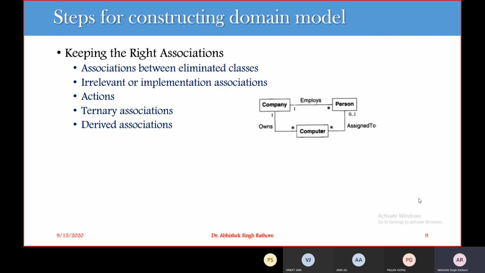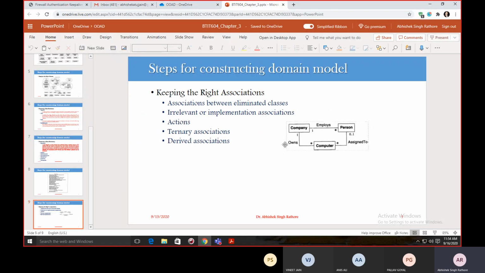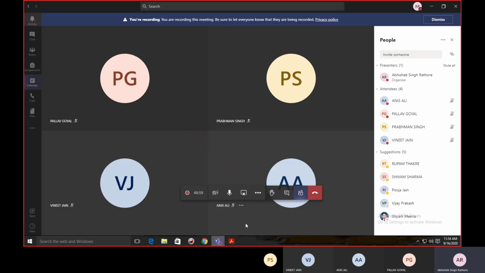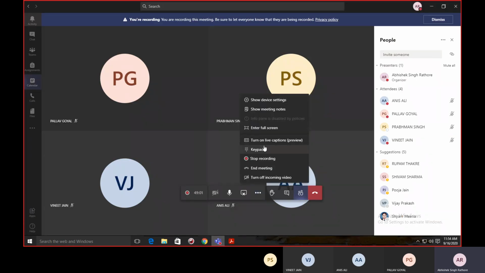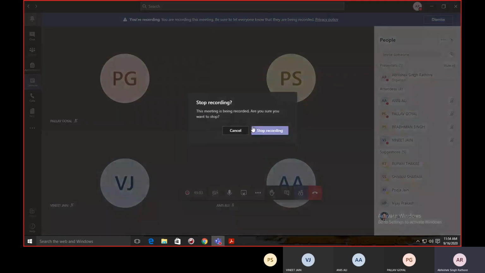In the next class, I will start with keeping the right associations and managing all those associations. I will include this in my next class. Fine. Meanwhile, if you have some problems,